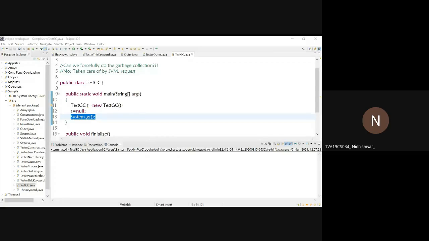Yes, sir. Have you understood the concept of using the this keyword? Yes, sir. Prakruti, have you understood the concepts of this and garbage collection? Yes, sir. Nidishwar, have you understood the concepts of GC and the this keyword? Yes, sir. Kartikeya, Chandana, Trupti, Suman, have you understood the concept of using the this keyword and how to do garbage collection?